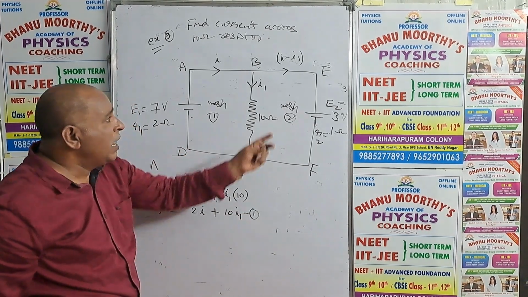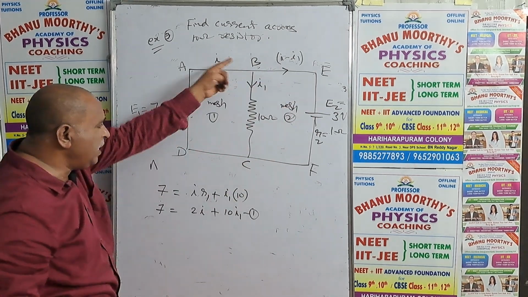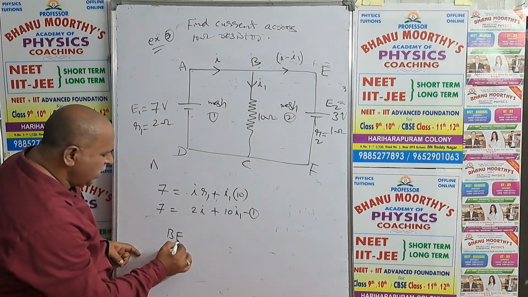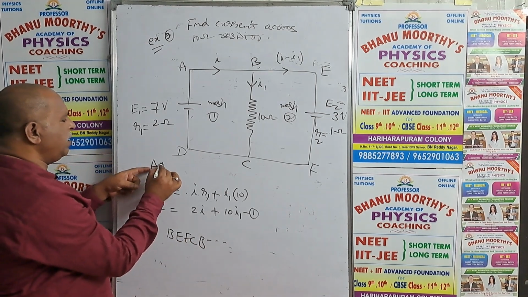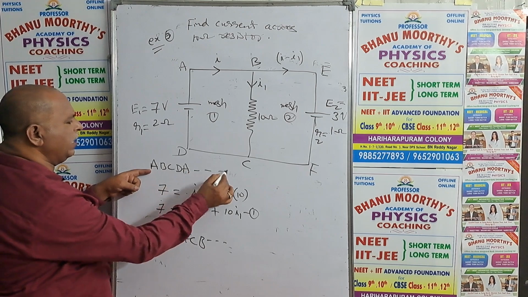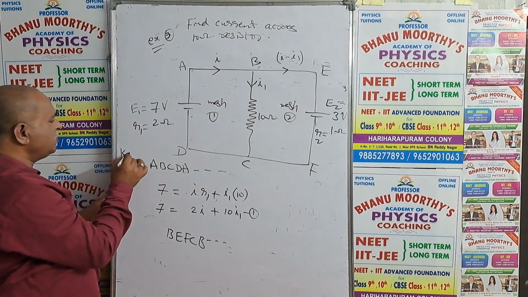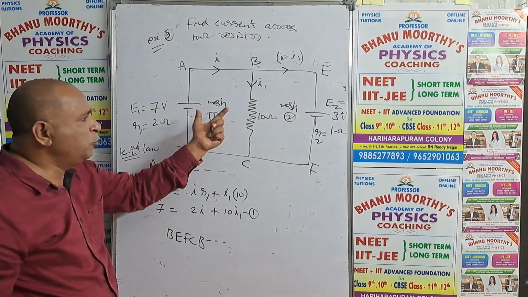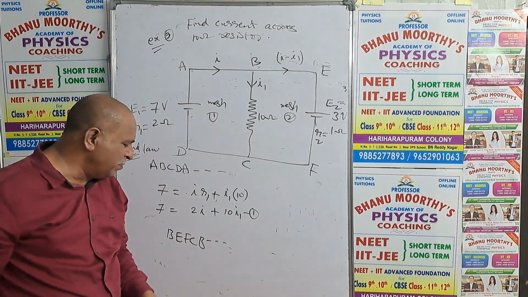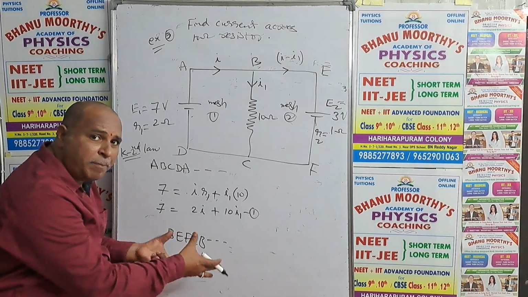My dear students, let us see this mesh also. This mesh is B, E, F, C, B, and the first mesh is A, B, C, D, A. So we are applying Kirchhoff's second law to this mesh and to this mesh. Yes, that's very simple. So, B, E, F, C, B, from this mesh,